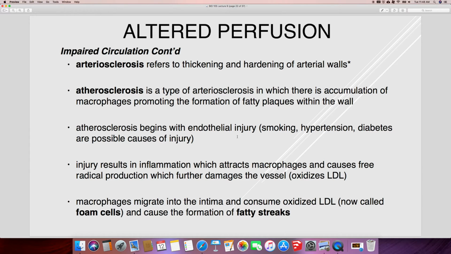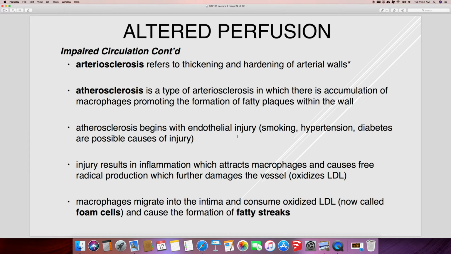Atherosclerosis is a really more advanced form of arteriosclerosis. This is where we have an accumulation of immune cells within the wall of the blood vessel, and this precipitates the formation of those plaques, the fatty plaques. And basically, atherosclerosis will begin with endothelial injury, so damage to the lining of the blood vessel. Things like smoking, hypertension, diabetes, obesity, all of those things